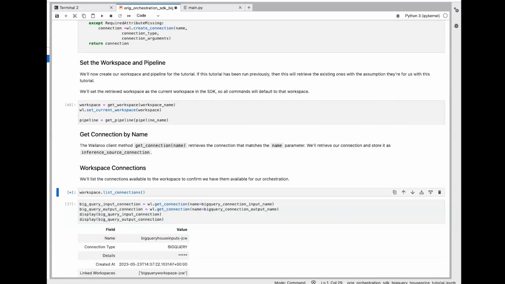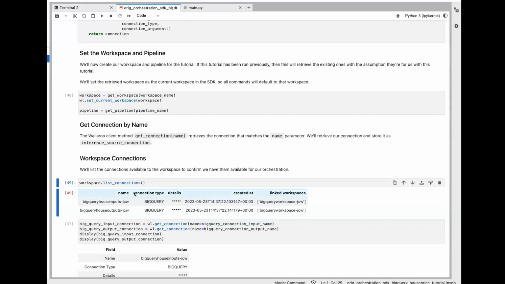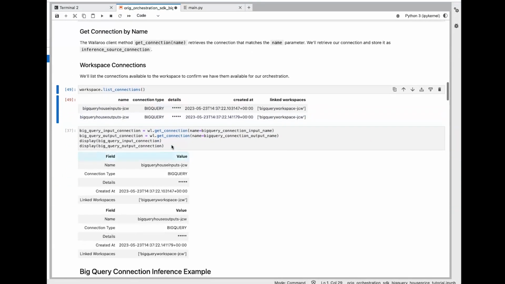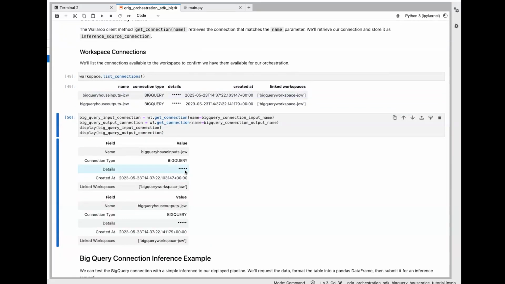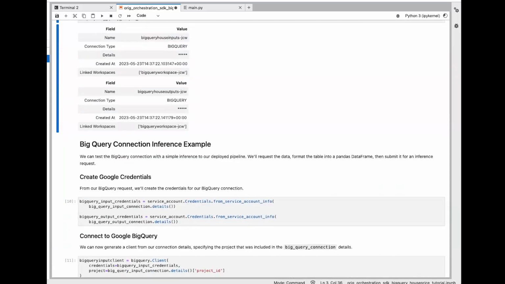I'm going to show you guys in our workspace, we have these connections associated to our workspace. And we can see that we've got our two connections here, one for the inputs and one for the outputs, assuming they come from and go to different tables within our BigQuery database. And just to show you what those connections look like, I'll run this command. We hide the details because that is sensitive information, at least here, but those details do exist so that the user of the notebook can send them to the right place within our BigQuery connection. Just to show you that working,